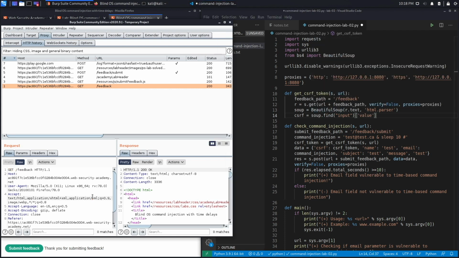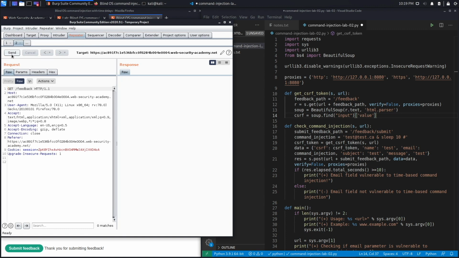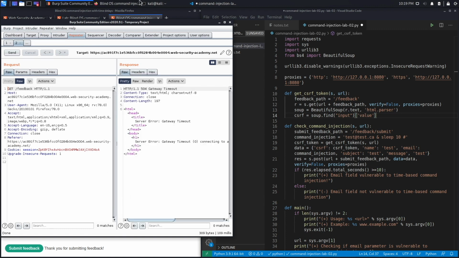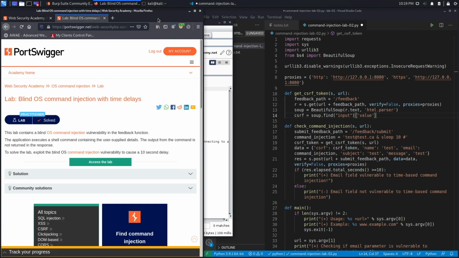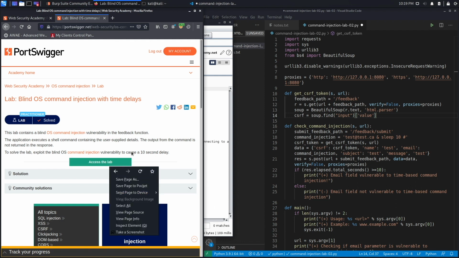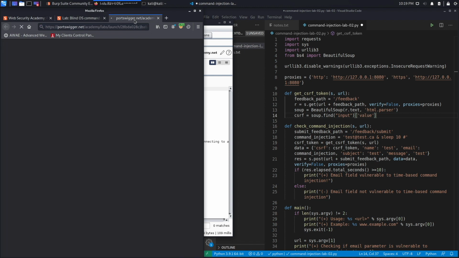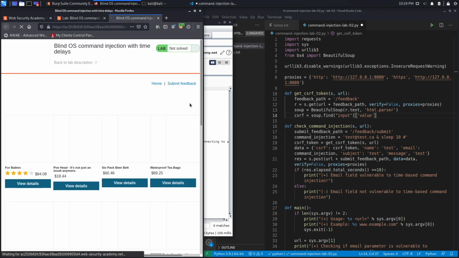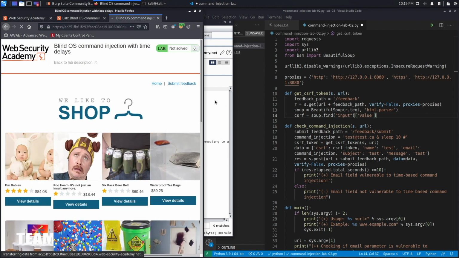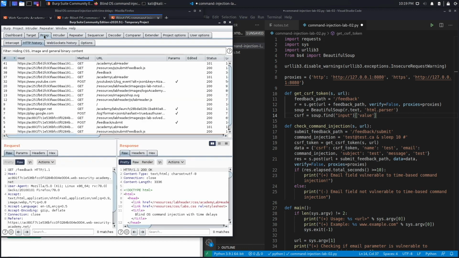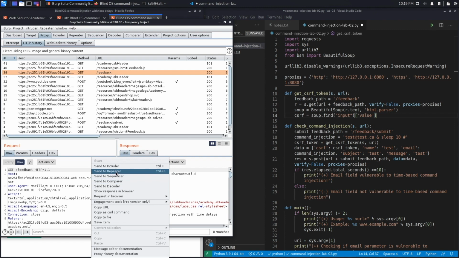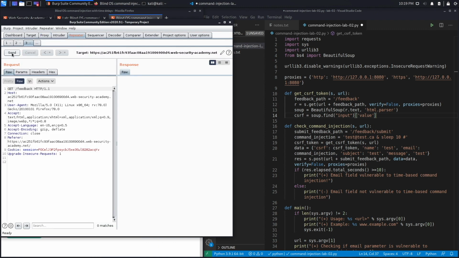So if we go over here, let's send this to repeater. Hopefully it didn't time out because we've been writing a script for a while right now. Hit send, and it did time out. So unfortunately, we're going to have to run this one more time. So open link in new tab. Go to submit feedback. And we'll see that in the history. So if we go over here, send this to repeater, hit send again,